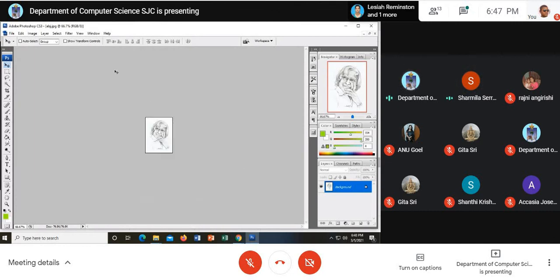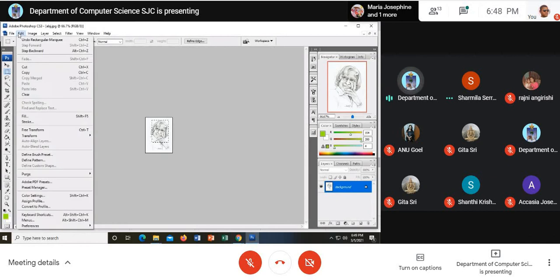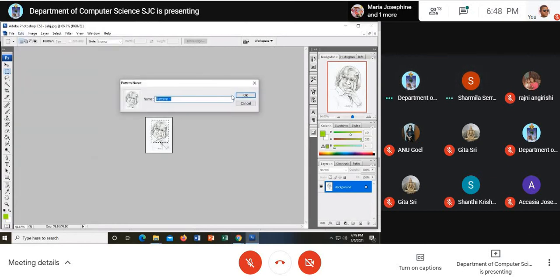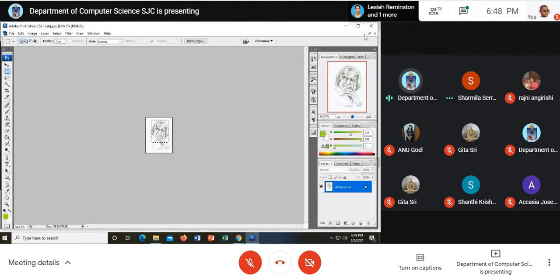Right now I want only the Abdul Kalam face alone. I can choose only this, not the full picture, so even within the picture I can make a particular portion a pattern. Go to Edit and Define Pattern. See, I got it. Now I can make a pattern from anything.